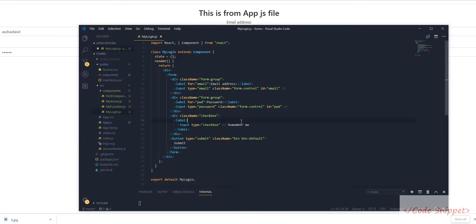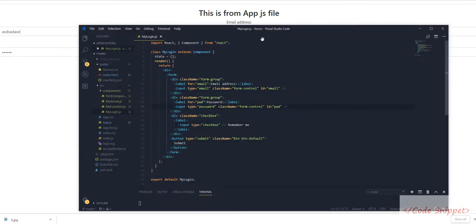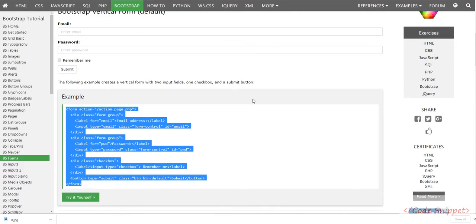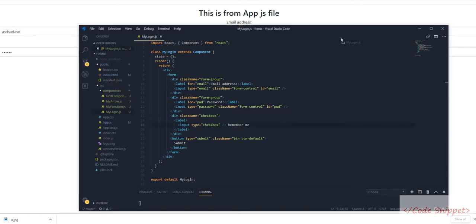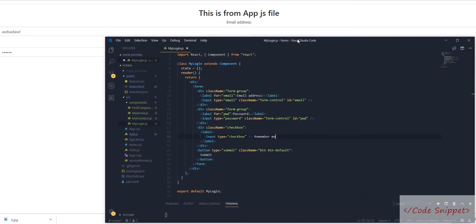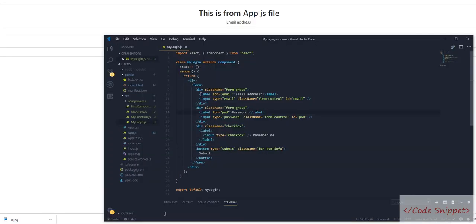You have to change class to className. You have to close your input tag. Also, you have to also choose this, because now a form is appearing, but it should look like this. So now go to your form and give a button info, and then